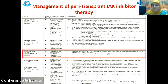That is, if those patients who have been treated with ruxolitinib are planned for stem cell transplant, then the drug should not be discontinued abruptly, because it may be associated with a rebound splenomegaly, or it may be associated with worsening of the constitutional symptoms. Therefore, the tapering of the drug should be done gradually over days or months, and